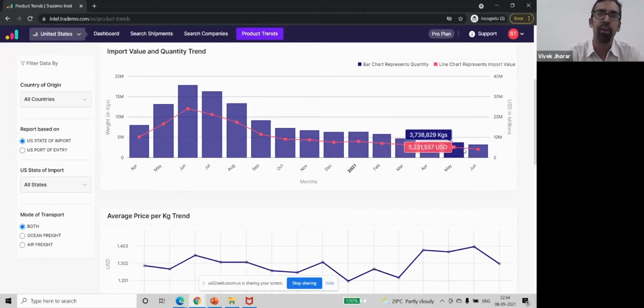So if you are an importer of toilet paper, and if you are, suppose, sitting in June 2021, you could see that the trend has come down. You can actually negotiate better with a lot of suppliers, including your current supplier, so you can get the best of prices. And it has come down a lot from the high that it was earlier this year. So you can probably look at a lot of suppliers trying to sell it away at a much better price compared to exactly 12 months ago.